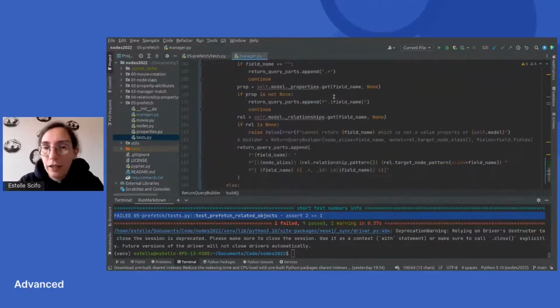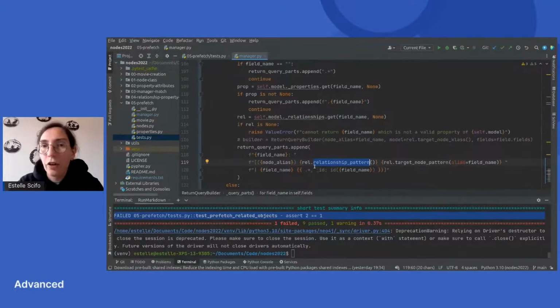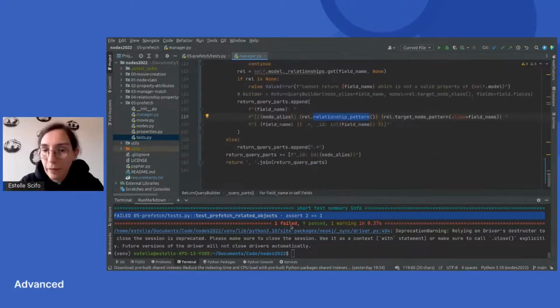Depending on whether the field belongs to the model properties or to the model relationships, we will append a different part to our query. If it's just a property, we can append just the field name like this. If it's a relationship, then we will have to build the pattern and extract all the information from the target node.